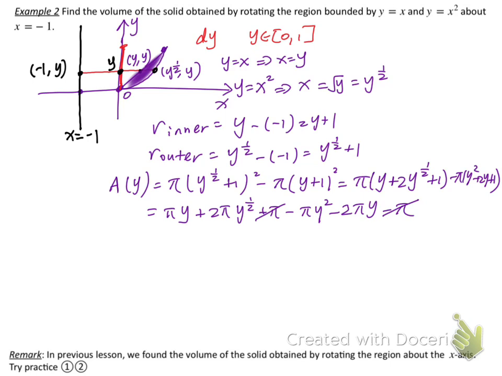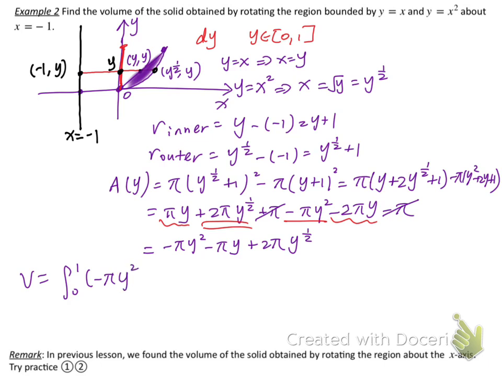So I can cancel the positive pi and negative pi, and I can track my terms. So y squared term, I only have 1. Y term, I have 2. And y to the 1/2 term, I only have 1. So I'm having negative pi y squared minus pi y plus 2 pi y to the 1/2. Then I throw it in my integral. Y goes, remember, from 0 to 1,